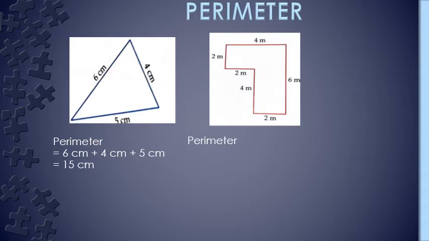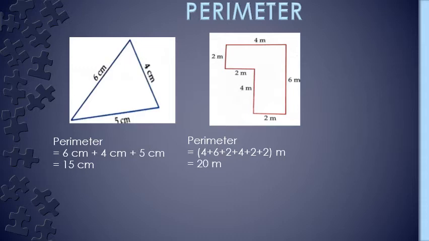So children, here you can see how many line segments constitute the boundary of this closed figure, or rather I should say it is made up of how many line segments? Well, 1, 2, 3, 4, 5, 6. It is made of 6 line segments. And what is the length of each line segment? Starting from the topmost, the first one is 4 meter, the length of the second line segment is 6 meter, then 2 meter, then 4 meter, then 2 meter, and then lastly 2 meter. So the perimeter of this figure is 4 plus 6 plus 2 plus 4 plus 2 plus 2 meter, which is equal to 20 meter.